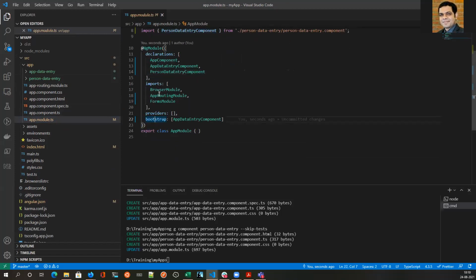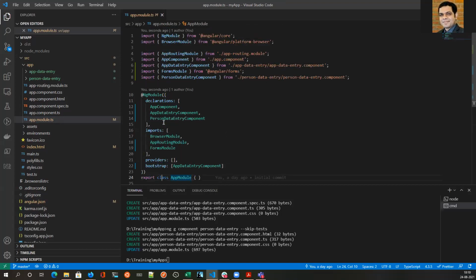We will understand this entire ng module later on once we have completed our component understanding. That is when I'll also take the imports, providers, and bootstrap and everything. For now, just focus that you created a component and then you need to register that component into this ng module declaration section. So once that is done, your component is ready to run.